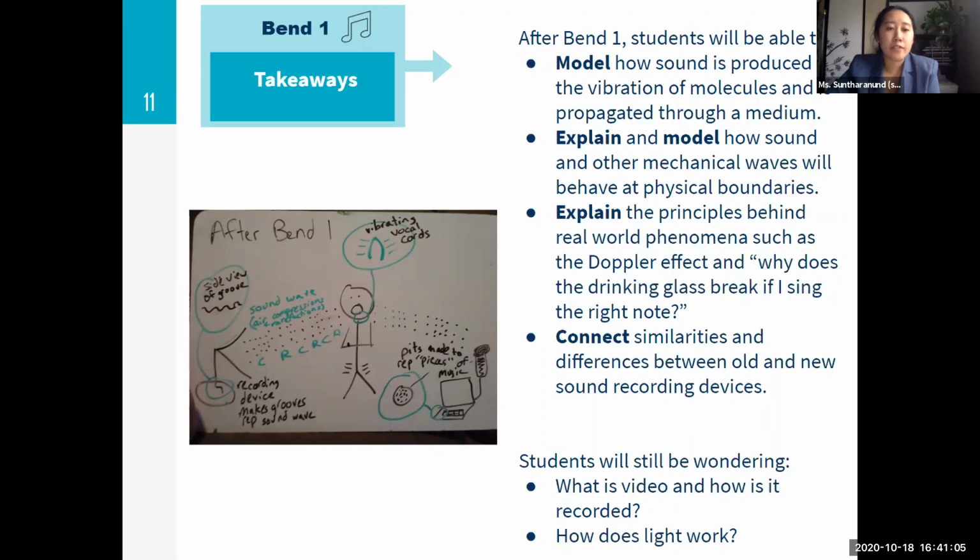So the big takeaways from Bend 1 are that students should be able to model the production and propagation of sound, as well as what happens to those mechanical waves when they meet certain physical boundaries. And from there, they'll be able to explain some real world phenomena. We would definitely look at the Doppler effect or breaking drinking glasses with voices. In addition, they'll start to make connections between some old technologies and new technologies and think of those advantages and